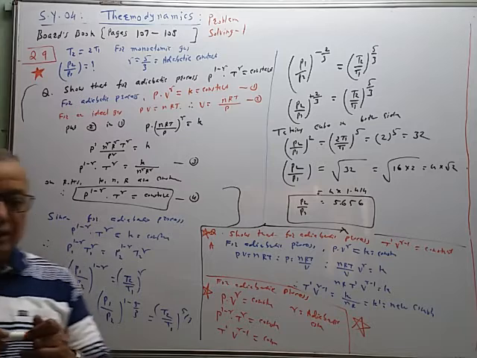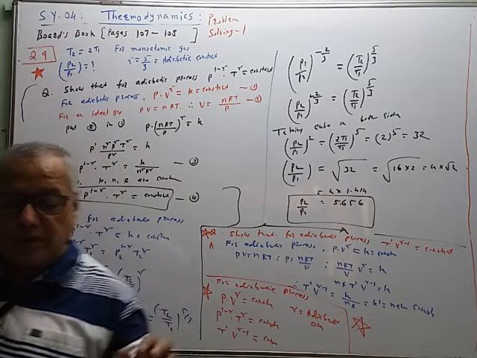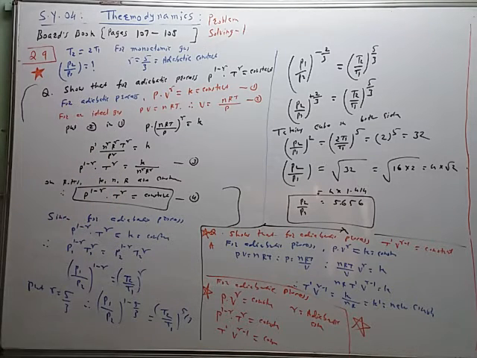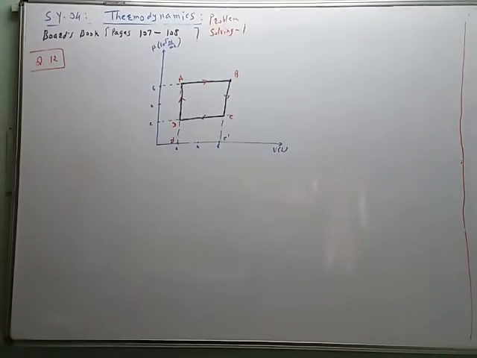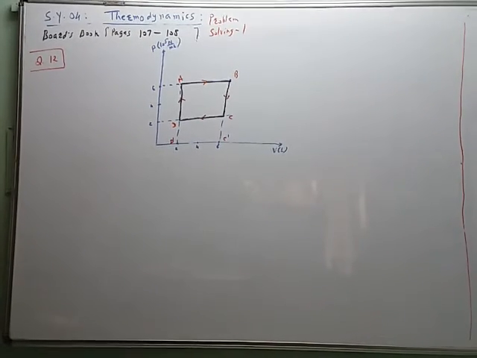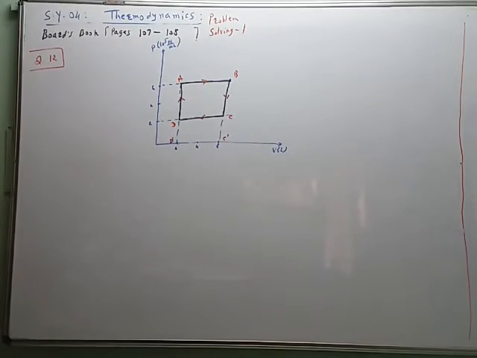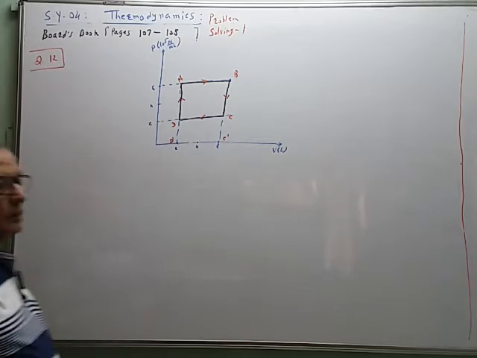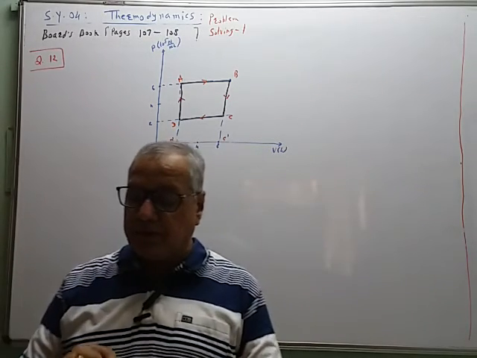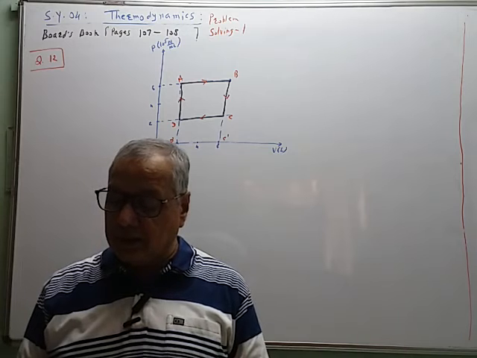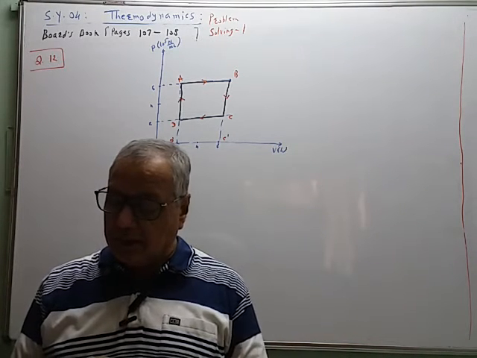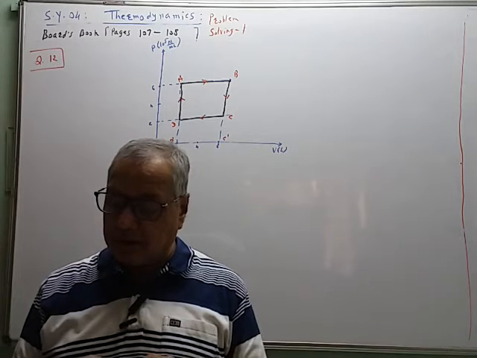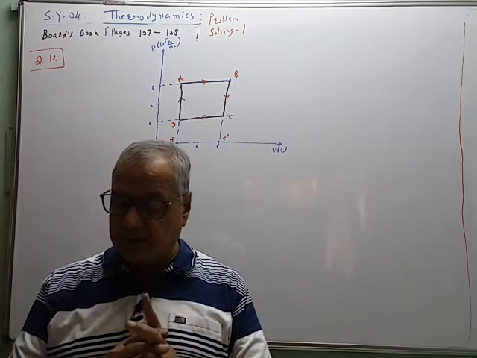Additional part आपण बघितलेला आहे. We may require it for solving the problem. So first we will see question number 12. It is based on concept of PV diagram. A system is taken to its final state from initial state in hypothetical paths as shown in the figure. Calculate the work done in each case.